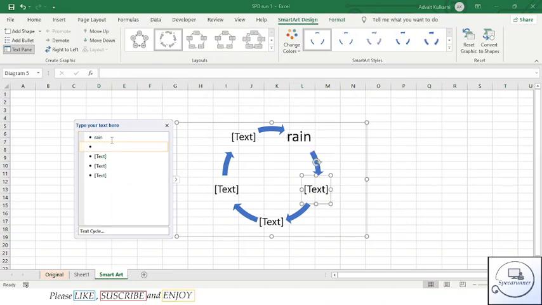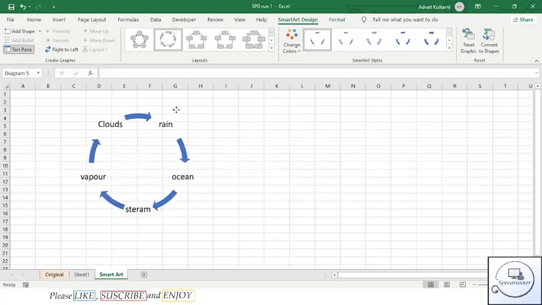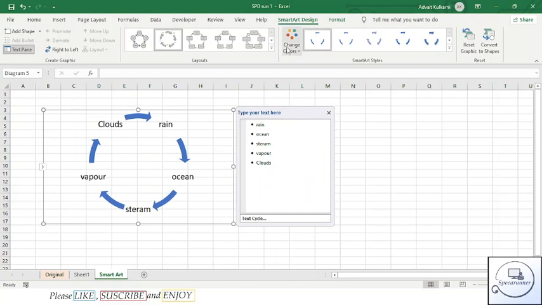Rain, which is followed by ocean, stream, vapor, and clouds. This is an example of water cycle. And in this way you can create cycles in Excel with same color and format option.